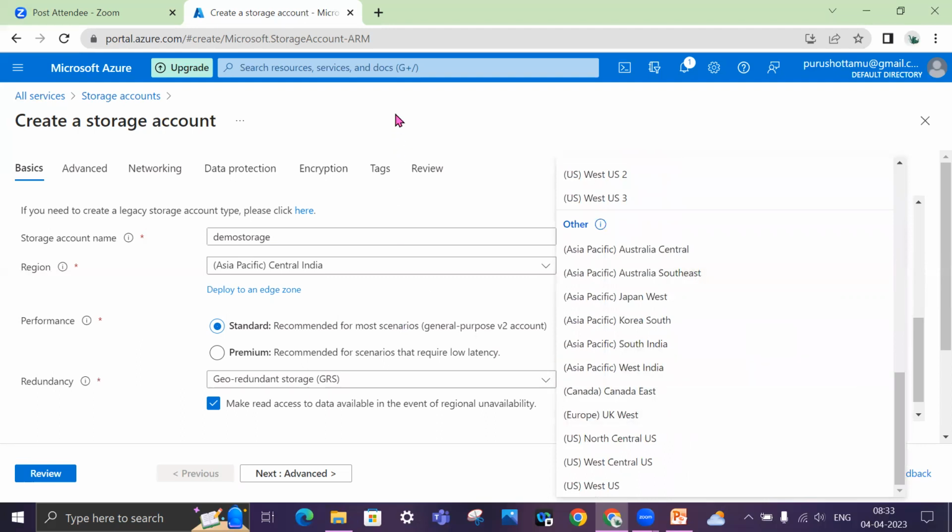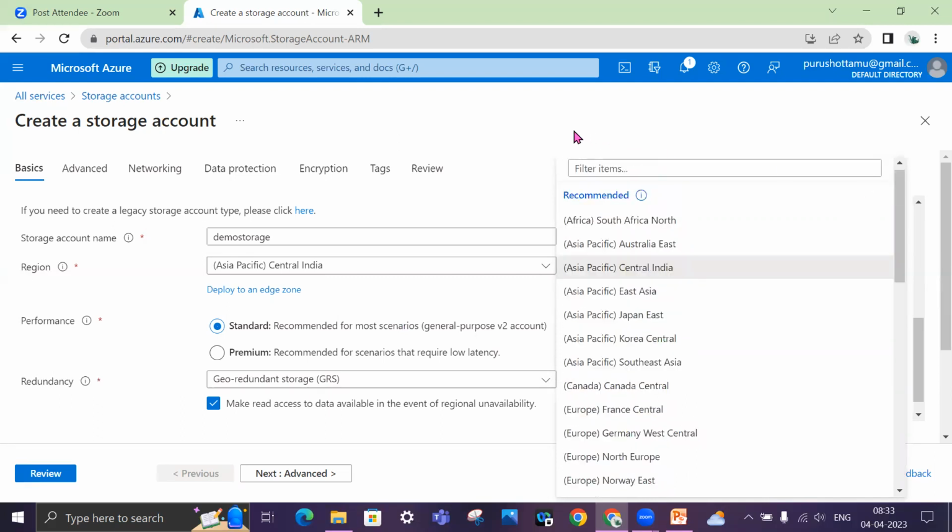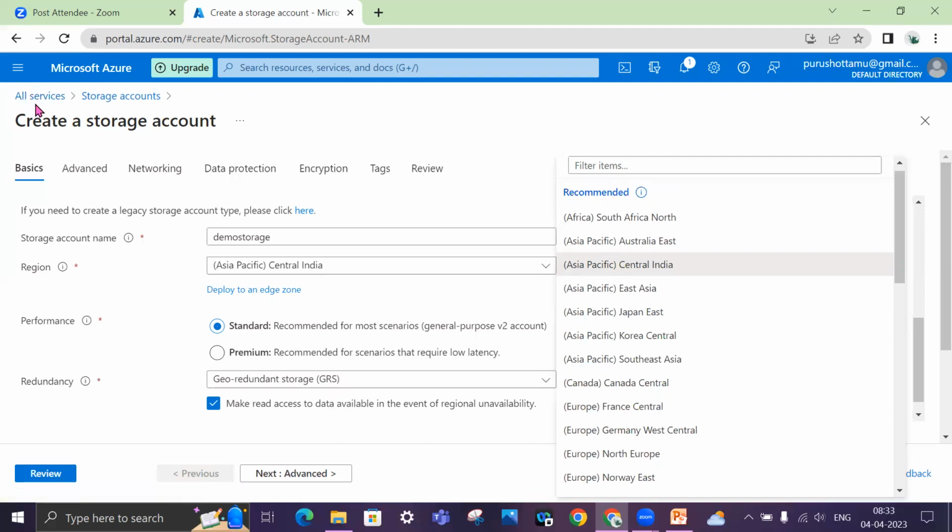Why? Because the China government has different laws, right? You cannot store any data related to China in a public cloud computing environment, right? That's why, if you see across this portal, you don't have any China region, you cannot just use China, right?